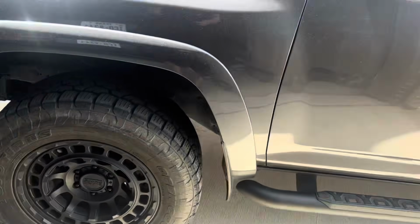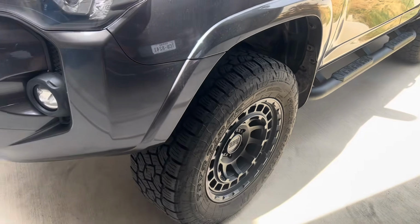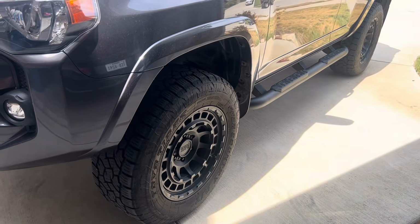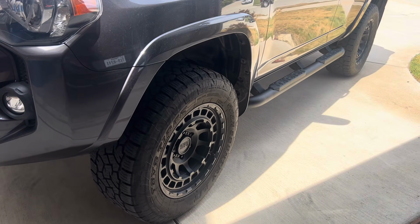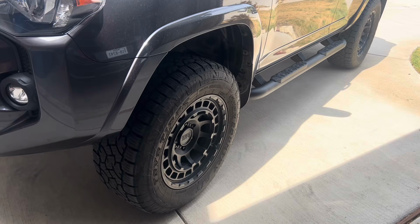Looking forward to doing the 25K review, and hopefully we can take this all the way out to 50K. Once we hit probably the end of this tire's life, we are going to go to a bigger tire and possibly a bigger lift, but we are going to run these until we